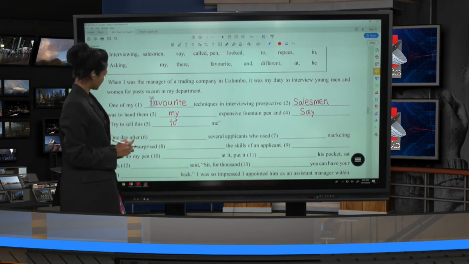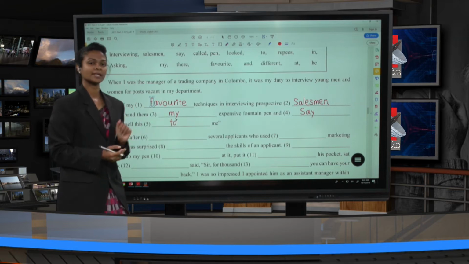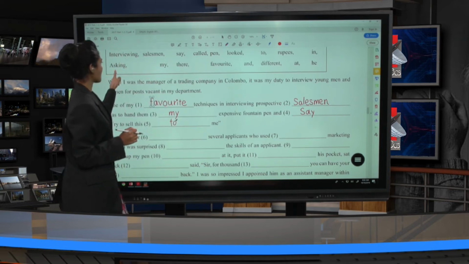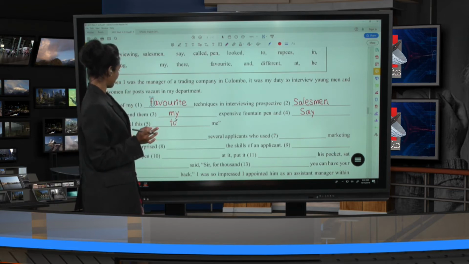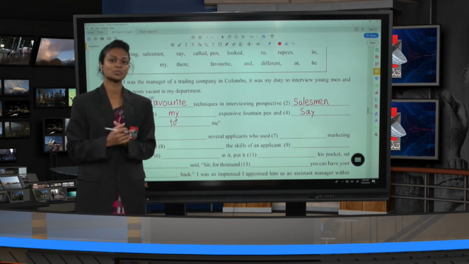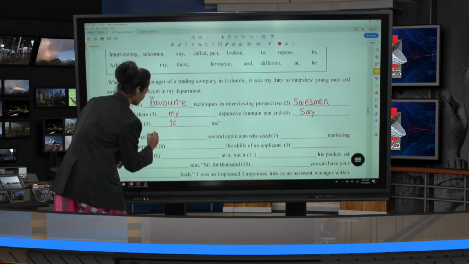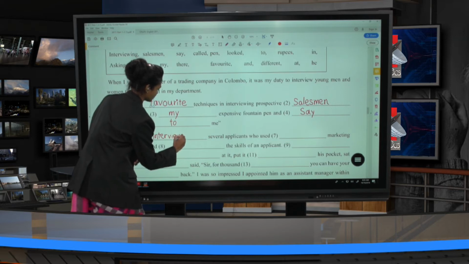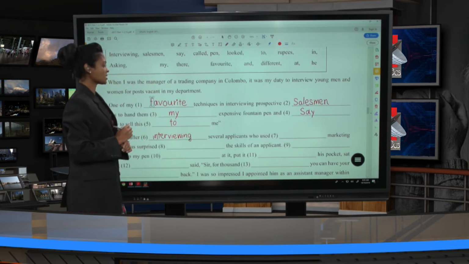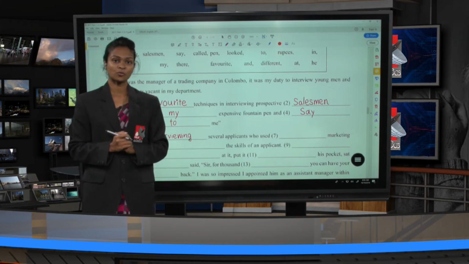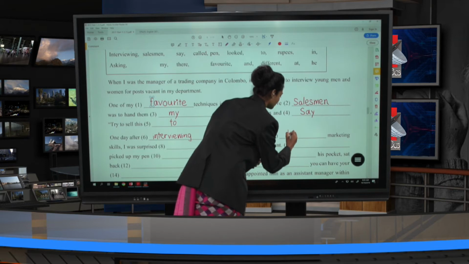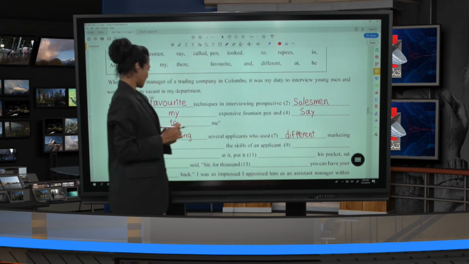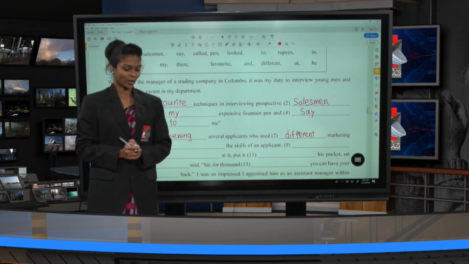One day after, when you use after, then the next verb should be ing. So what is here? Interviewing, and there's another word, asking. What is the best answer? One day after, asking or interviewing? It should be interviewing. One day after interviewing several applicants who used different marketing skills, I was surprised